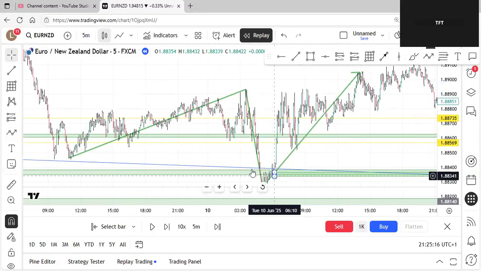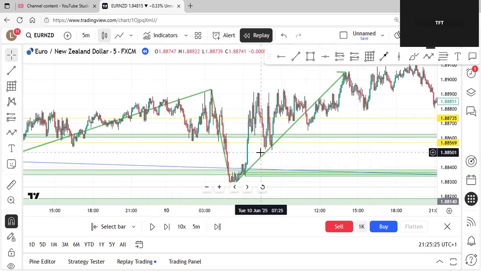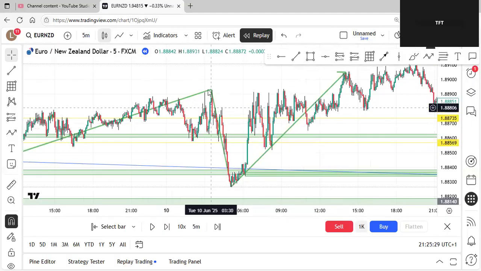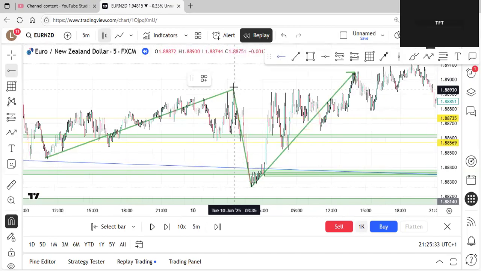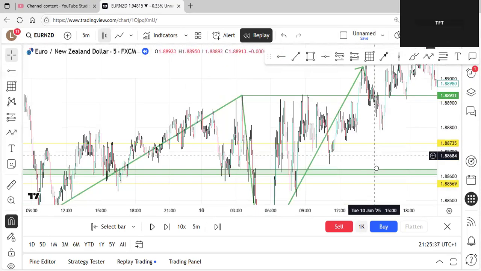So once it took me out, I should have been paying attention to that really. Obviously, this was my entry, I believe. It wicked me out but it did tell me, and I've only just spotted it. It did actually tell us because obviously structure highs, major highs and lows are liquidity. So at that point,